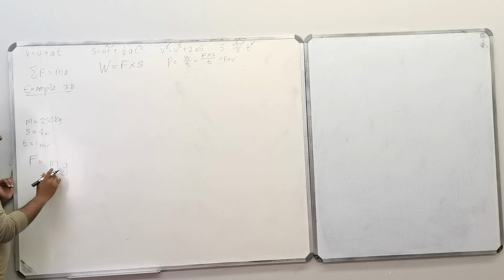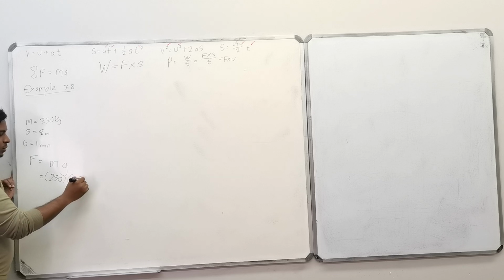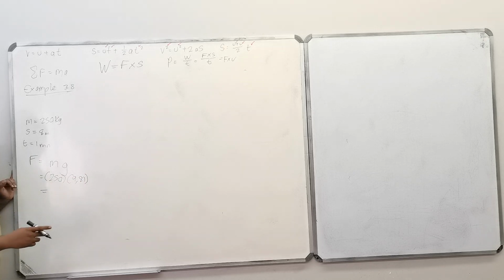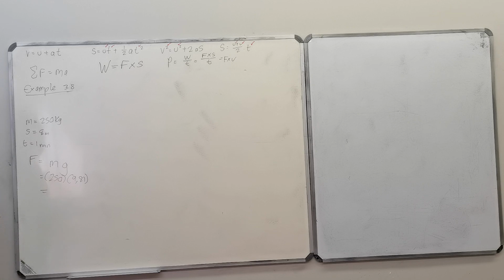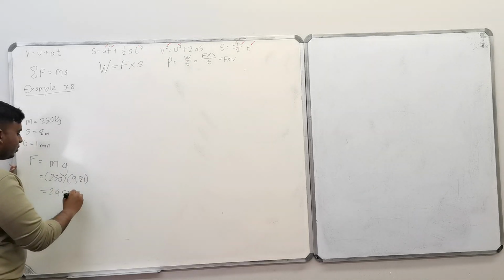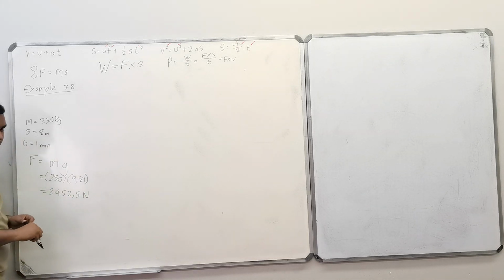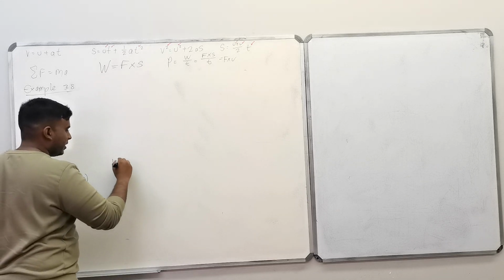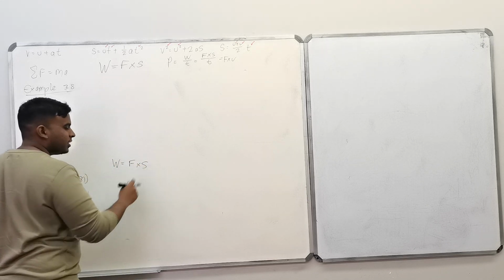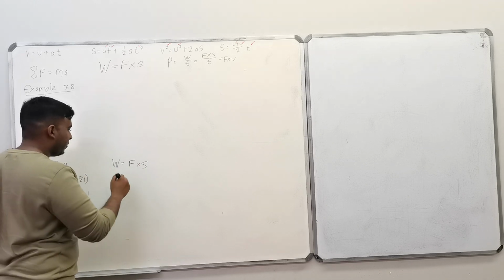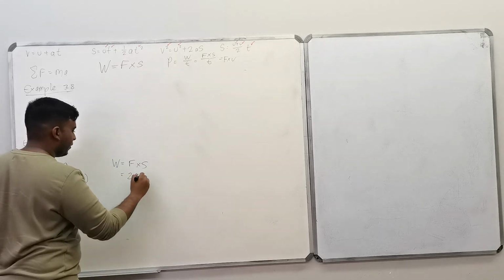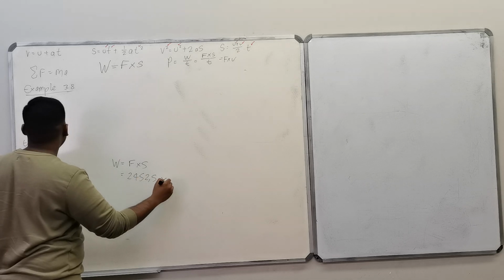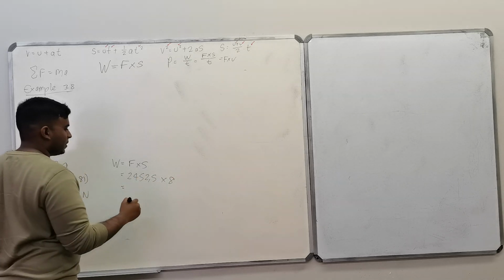So this would be 250 times 9.81, which is 2452.5 newtons. Then work is equal to force times displacement, so 2452.5 times 8, which is